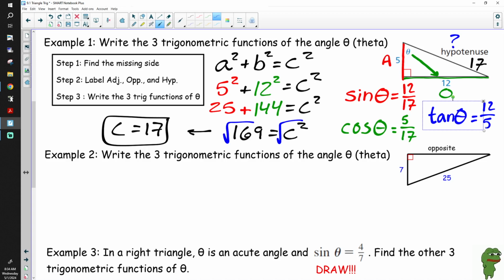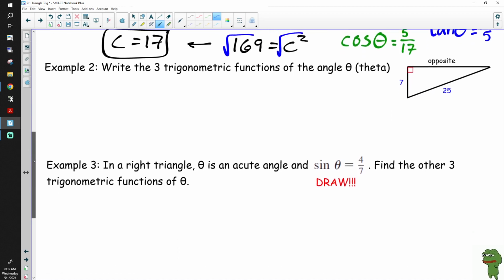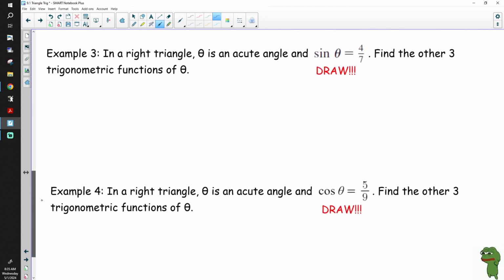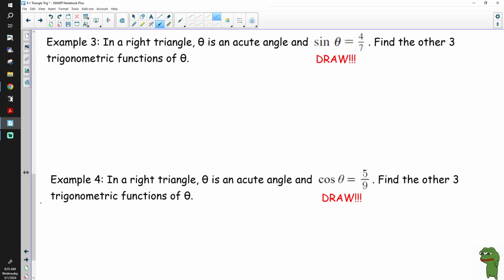Now, could we pick up our computer or our calculator and find theta? For sure. We're not doing that. We're just setting up the ratios. Okay? So we're going to do this 2 more times, or 3 more times. But before we do that, we're going to come back to example 2. Let's go on down to example 3. Skip past 2, on to example 3,